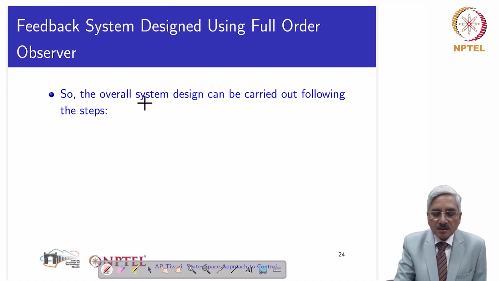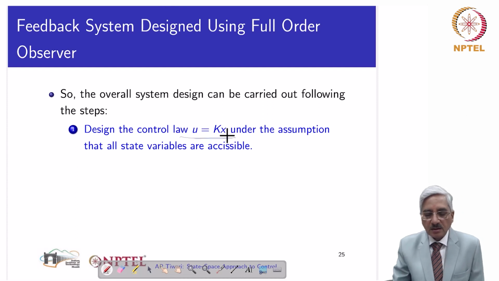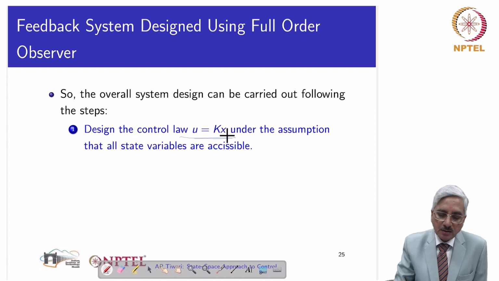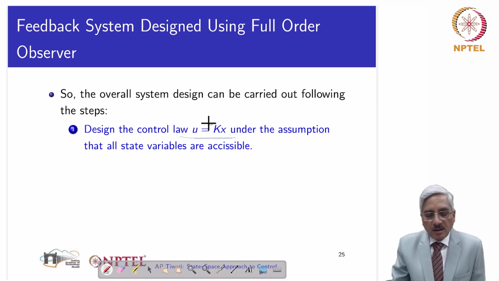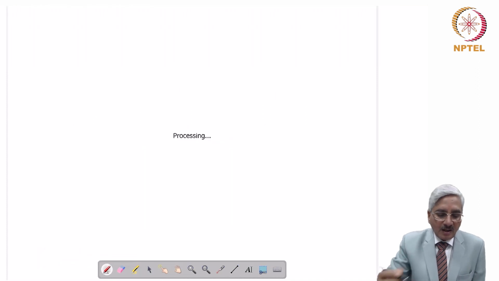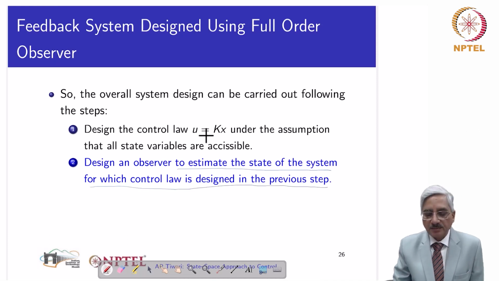So the overall system design can be carried out following these two steps. In the first step, we can design a control law equal to minus kx under the assumption that all the state variables are accessible. That we did. And then design an observer to estimate the state of the system for which the control law is designed in the previous step. This also we did. So earlier we did it intuitively,